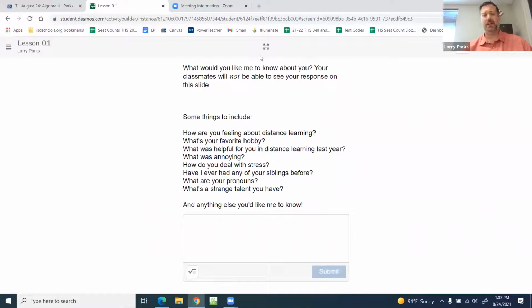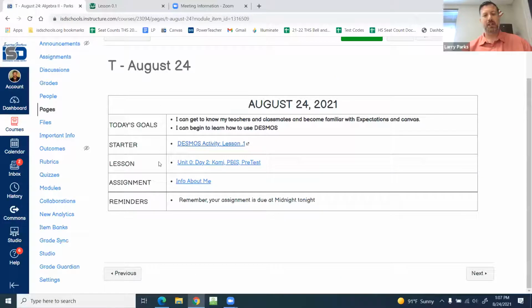That's all. I'll let you work on that on your own time if you haven't done it already, and we can ignore the lesson for now. This is PBIS. There's no PBIS for you guys. But here on the info about me,